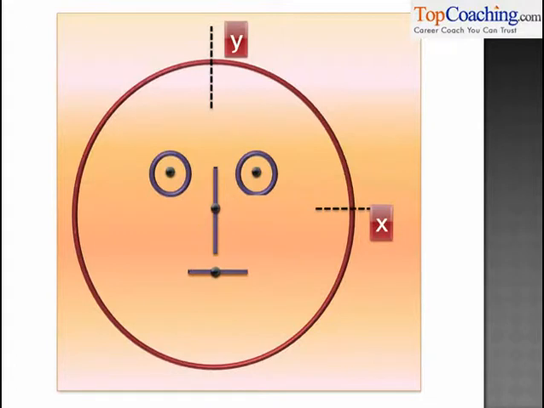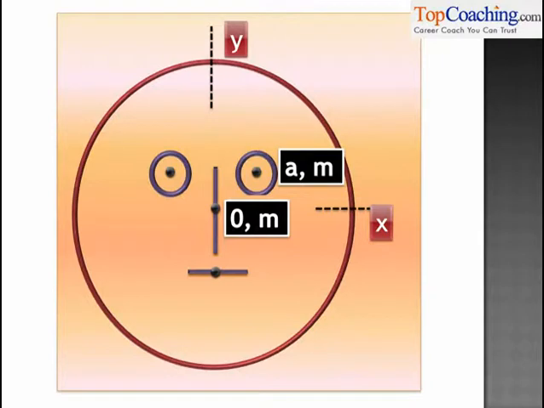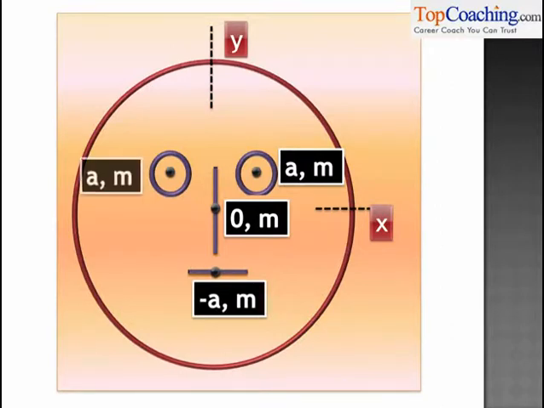The coordinate of the center of mass of the line in the middle, the nose, is 0, isn't it? The y coordinate is 0. The mass of this line is m. The y coordinate of the right circle here is a, its mass is m. The y coordinate of this horizontal line is minus a, and its mass is m. The y coordinate of this circle on the left is a, and its mass is m. The y coordinate of the center of mass of this large red circle is 0, and its mass is 6m. So we can imagine that all of these parts of this figure, of this face, are actually individual points.